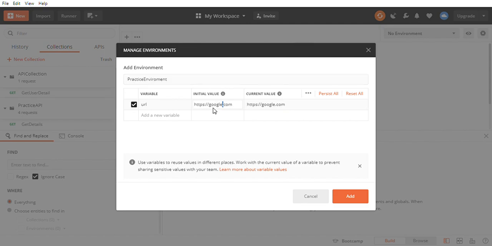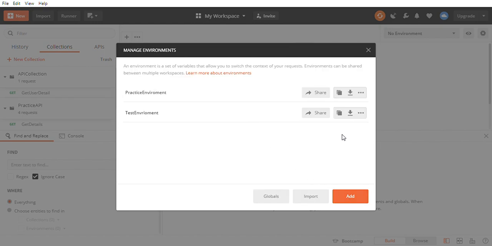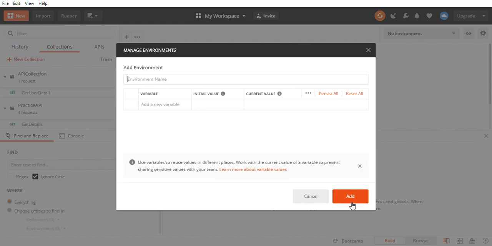It depends upon the parameter values you need to define. I am defining both values the same, as https google.com. Now let's add this parameter into this practice environment. Add it, then cancel.